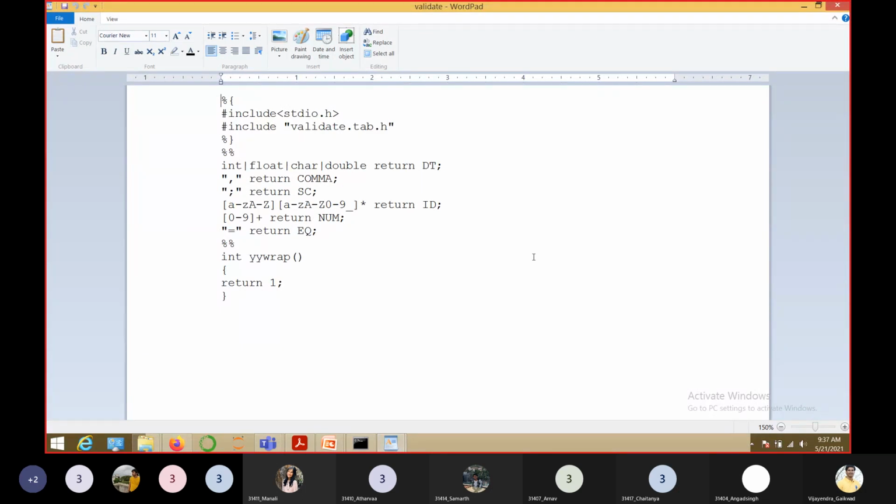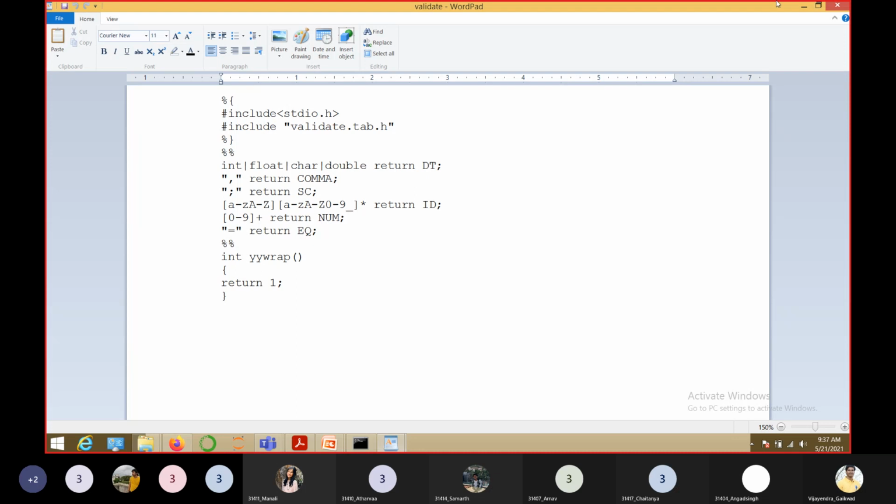So for the Yacc program to run, we require both files, the .l file too, because the Yacc program is going to implement the syntax analyzer, but the syntax analyzer will require tokens as input, and who is going to generate them? The lexical analyzer. And how do we implement the lexical analyzer? Using the Lex code. So both the .l and .y files we have to create in this particular practical. I have created a .l file called validate.l.